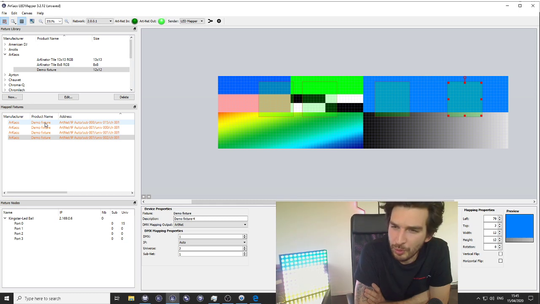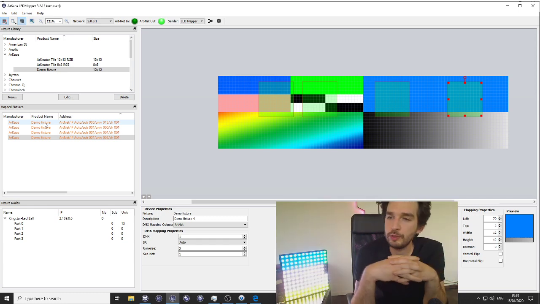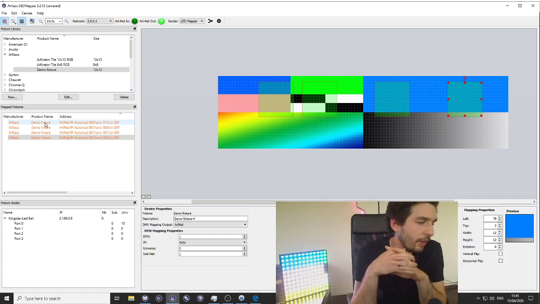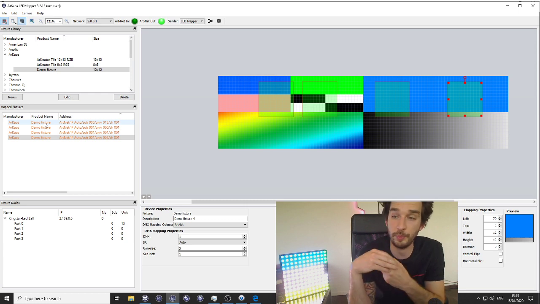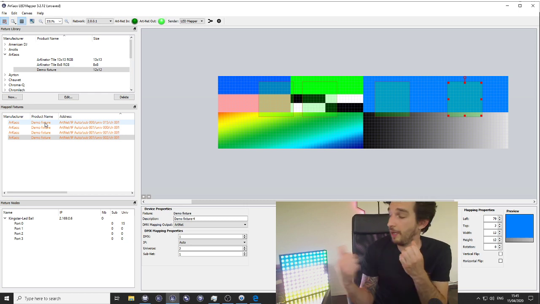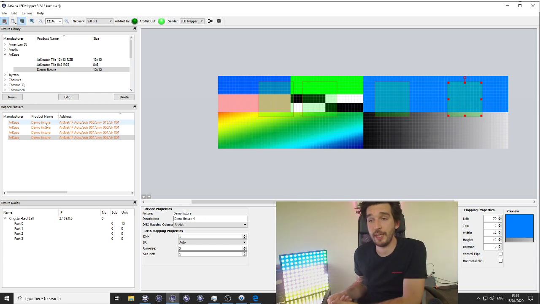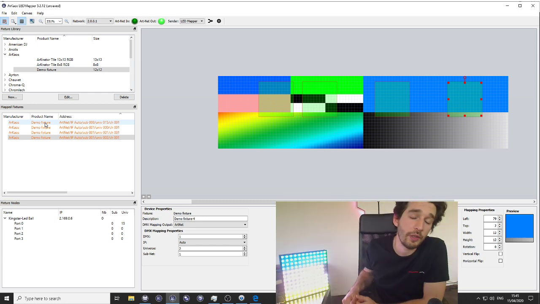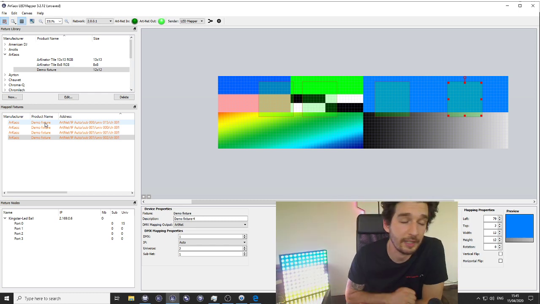That can't work. Broadcast is a way to output ArtNet which consumes a lot of bandwidth. So having a couple of universes, like I have right here, this fixture is nearly one universe, should be okay. Broadcast is fine, that's the default.